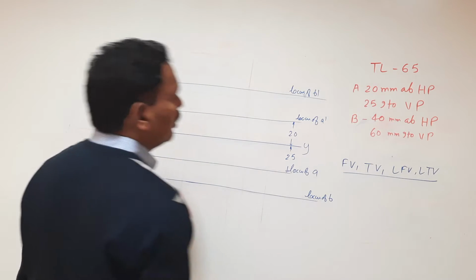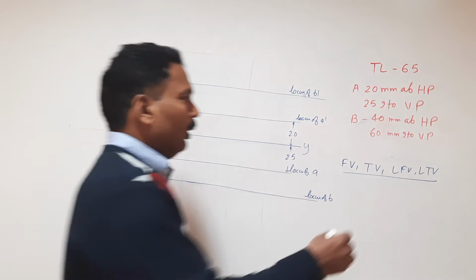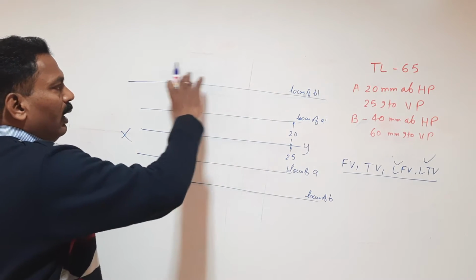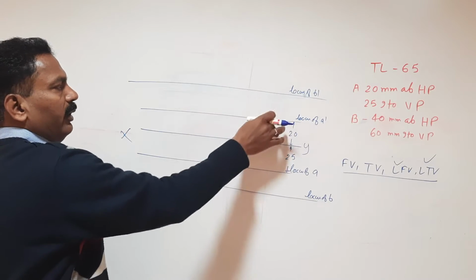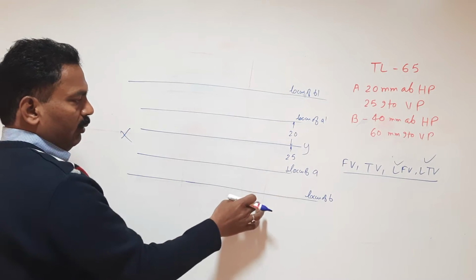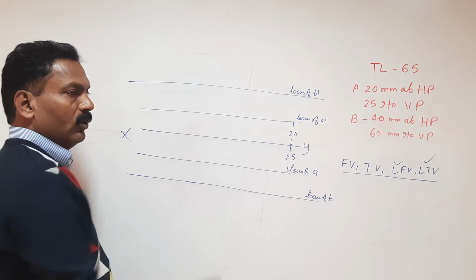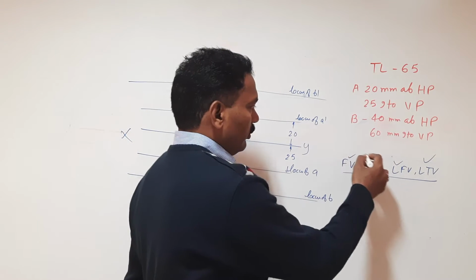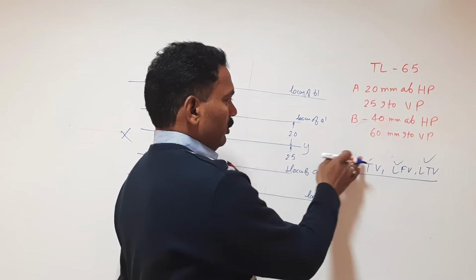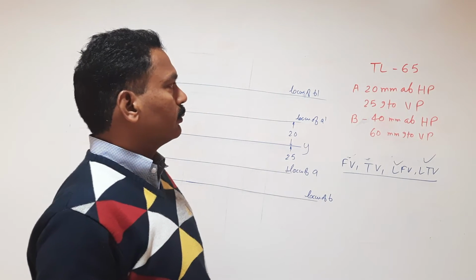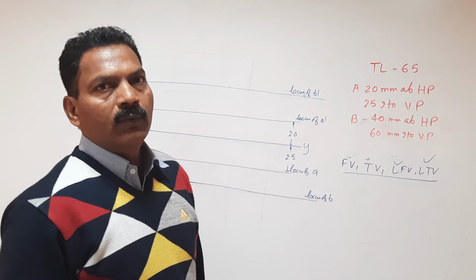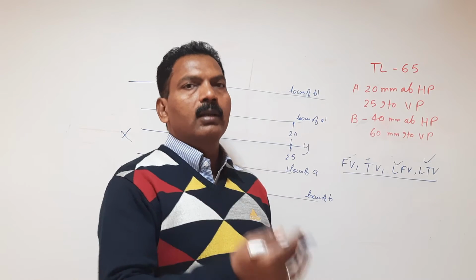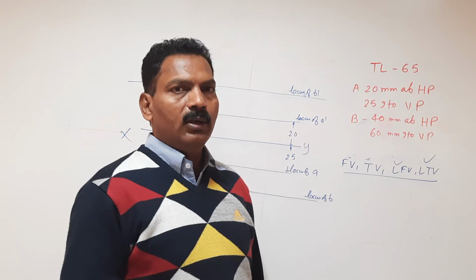So by doing so, we got the locus of front view and locus of top view. Now it is clear that the front view will lie over these two lines, because the locus of A dash and B dash is given. The top view will lie between these two lines because the locus of A and locus of B is given. Now we have to find the length of front view and length of top view. The procedure is the same. One time we suppose that the line is parallel to HP and inclined to VP, and the second time we suppose that the line is parallel to VP and inclined to HP.